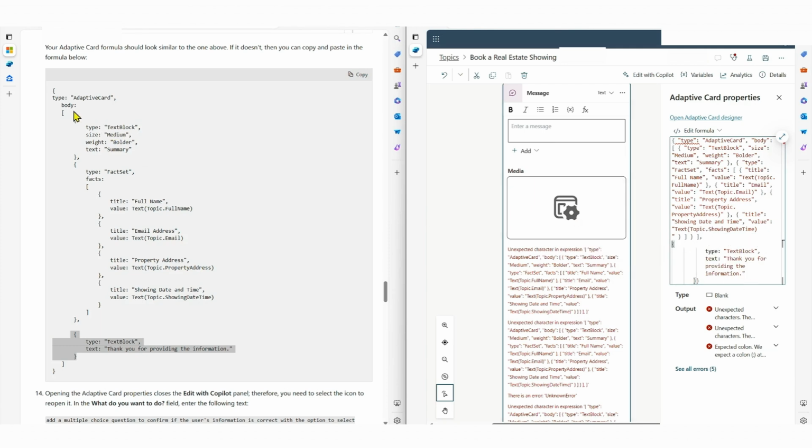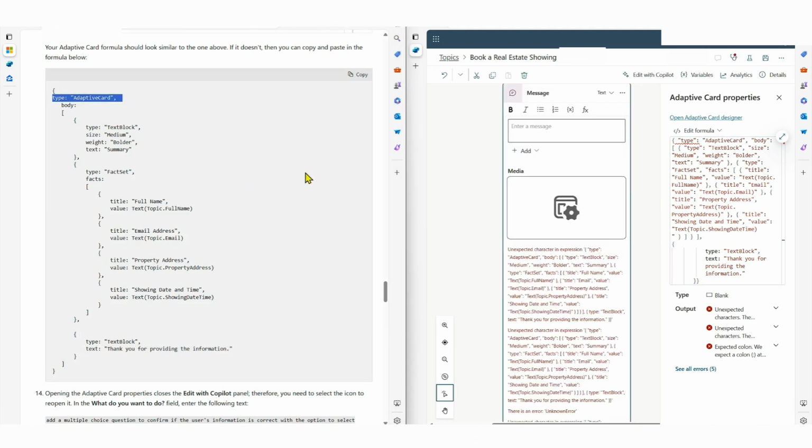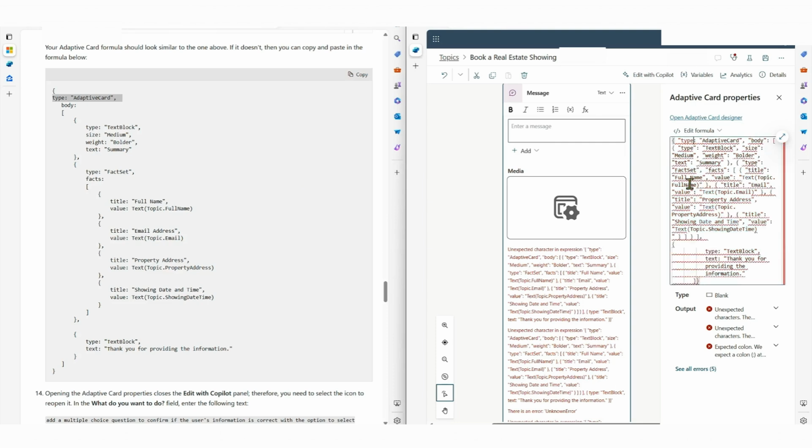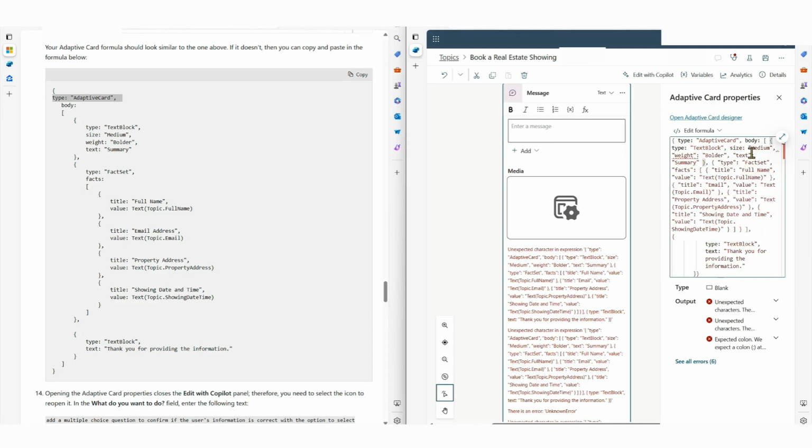You can see over here as well, the type, right? And over here we are putting colons over there, so that's setting up the formula. And it's happening for quite a lot of things, right? So all of these fields are showing up errors